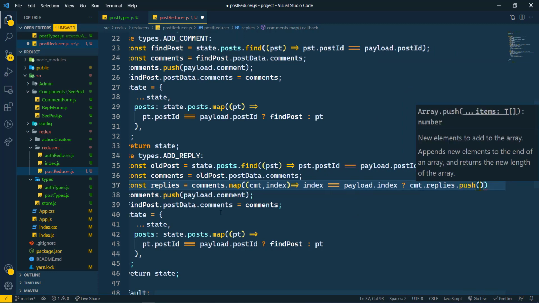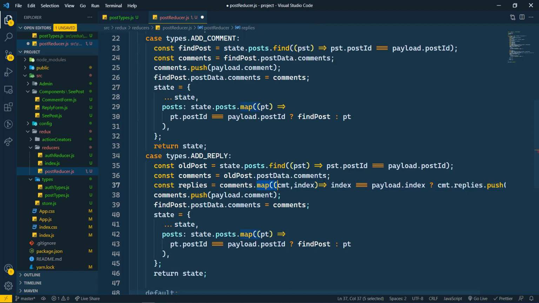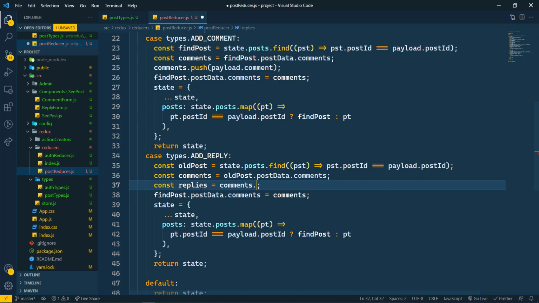So we are going to push in the comments here, and that will be... so let's do one thing here. Let's find the first of all comment here. Here we have to find the replies. So let's find the current comment. Let's find the first current comment here, and then we are going to write comments dot